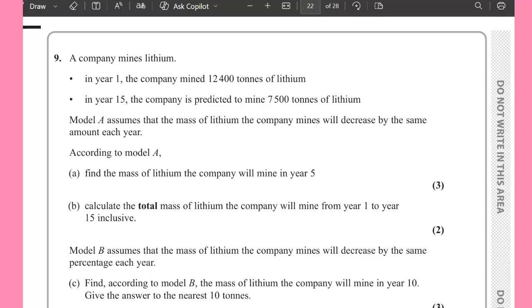Now welcome back. Question number 9. Question 9, you are given